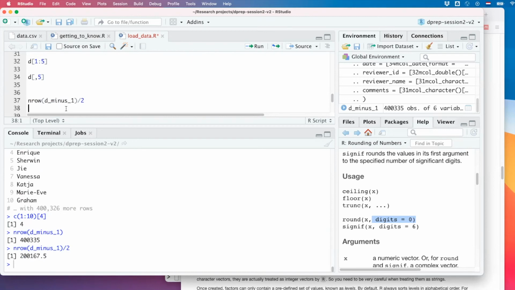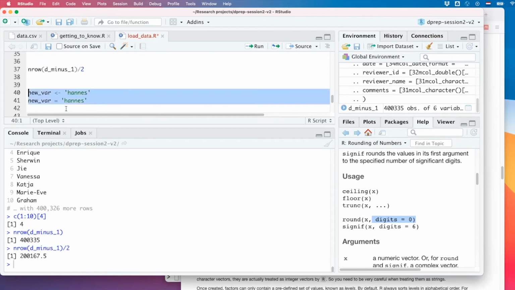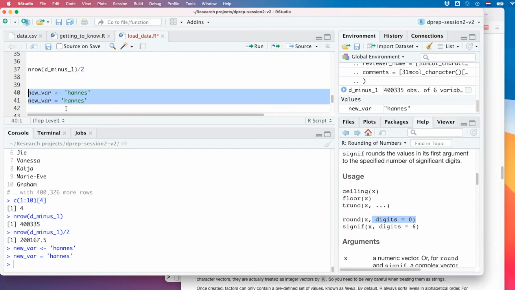Trang asks, what's the difference between, for example, new variable arrow Hannes and new variable equals Hannes? For you guys, there's no difference. It does the same thing. There is a little difference, but it really just occurs in advanced operations.